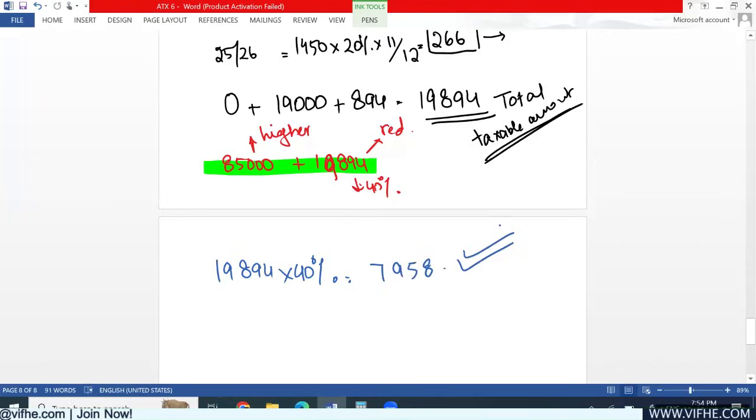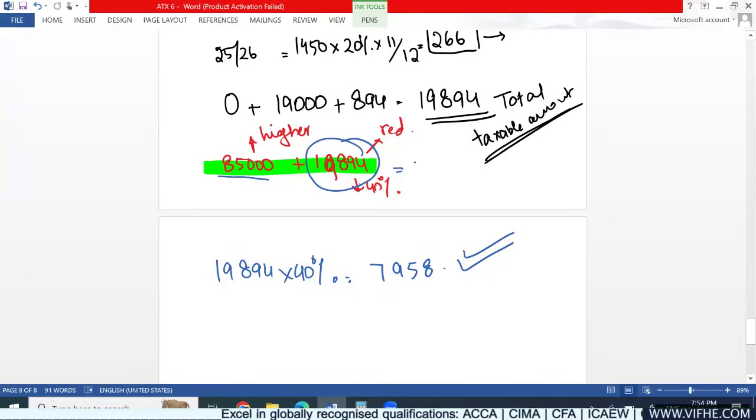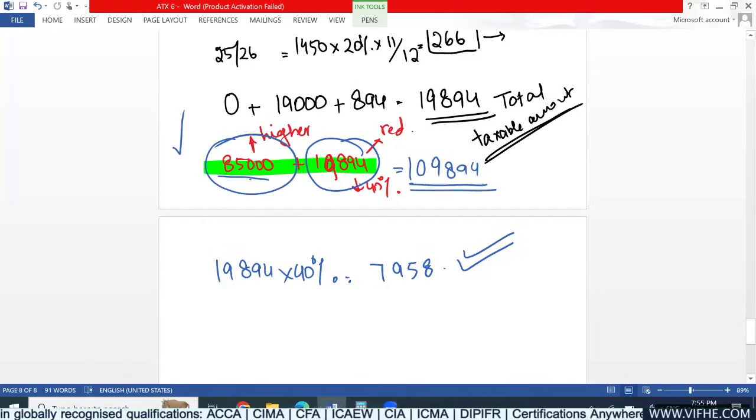Thank you so much for helping me out. Yes, the answer is not yet complete, and you are correct that they should point out the reduction in the personal allowance, because including this much amount in 85,000 pound would mean that their overall income will now be increased to 109,894. Previously Esla was able to utilize the personal allowance completely, but because of exceeding the threshold of 100,000 pound as her adjusted net income, she will now be facing a reduction